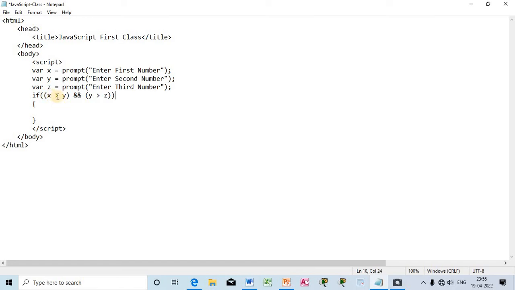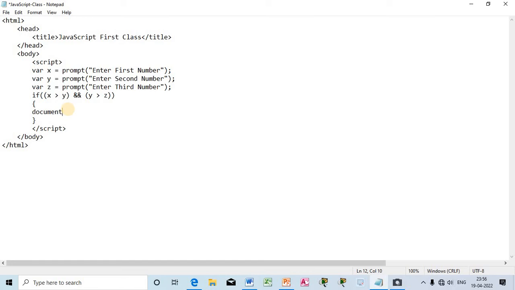X is greater than y, and y, this y, is greater than z, that means z is the smallest number and x is the largest one. So here I will write